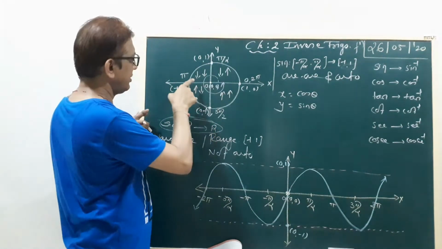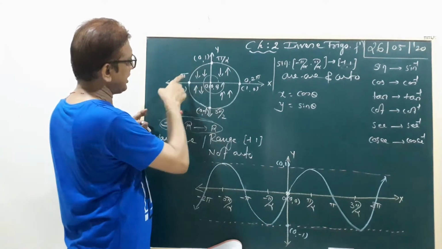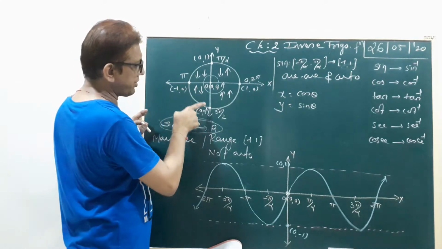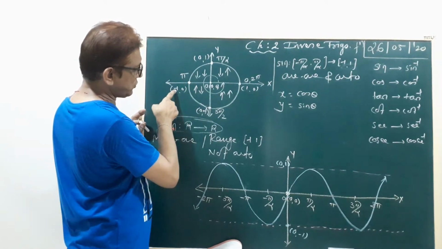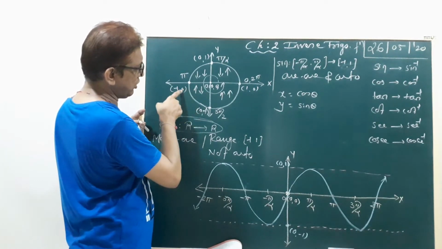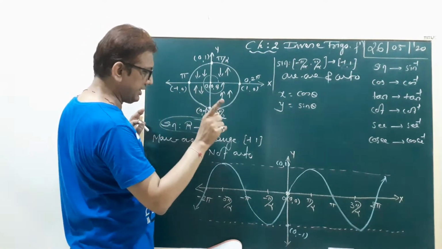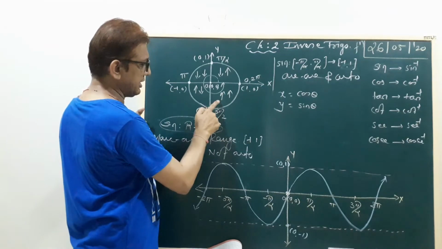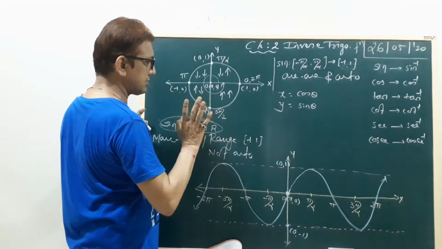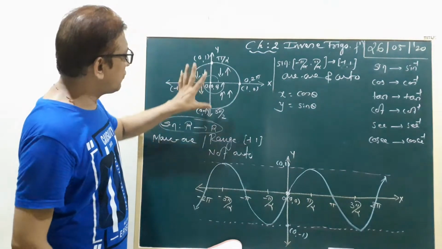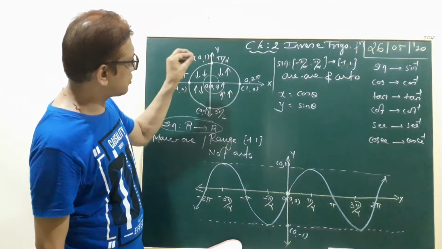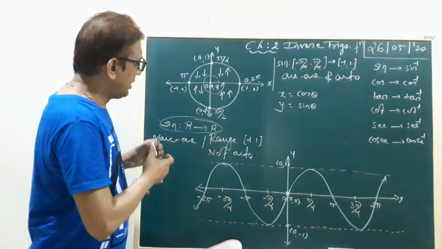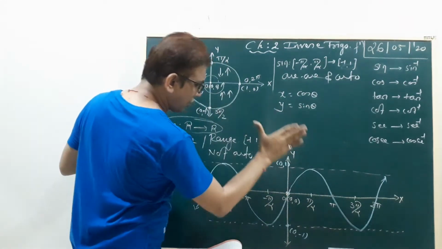Alright? Okay. In the second quadrant, the cos function value goes 0 to minus 1, decreasing. The sine function value goes 1 to 0, also decreasing. Third quadrant, pi to 3 pi by 2. The value of cos goes minus 1 to 0, increasing. The value of sine goes 0 to minus 1, decreasing. Right? Okay. In the fourth quadrant, the cos function goes 0 to 1, increasing, and the sine function goes minus 1 to 0, increasing. So we have a total of 4 quadrants. In the 4 quadrants, sine and cos are increasing or decreasing functions. Is that clear? Okay.